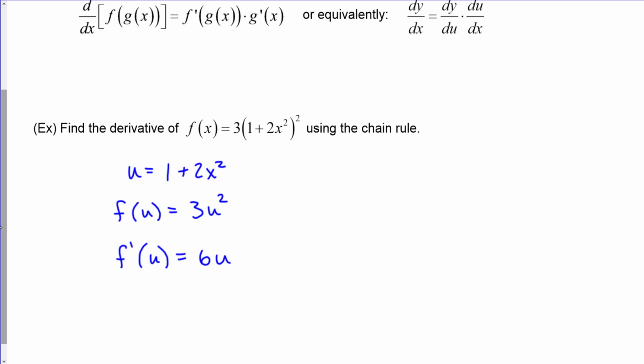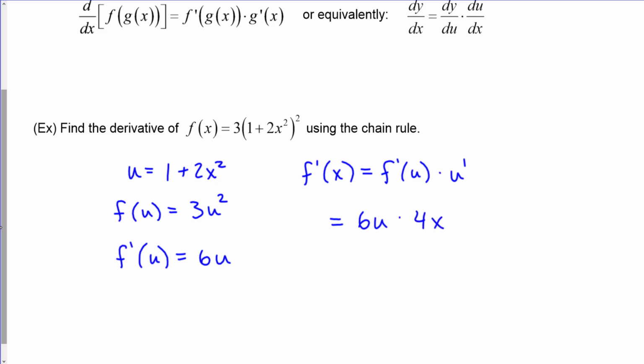But the thing is, the chain rule says that's not finished. That's the derivative with respect to the variable u. If you want the derivative with respect to the variable x, what you have to do is find the derivative of the function with respect to u and multiply that by the derivative of u. Okay, so we've got part of this. The derivative with respect to u is 6 times u. U prime, so u is the function 1 plus 2x squared. The derivative of that is